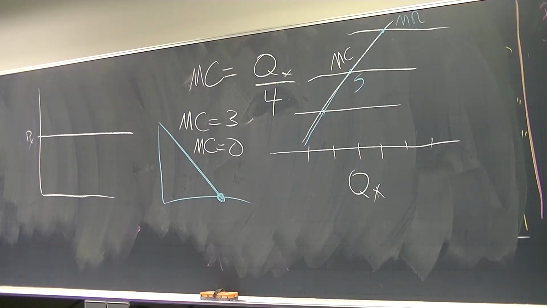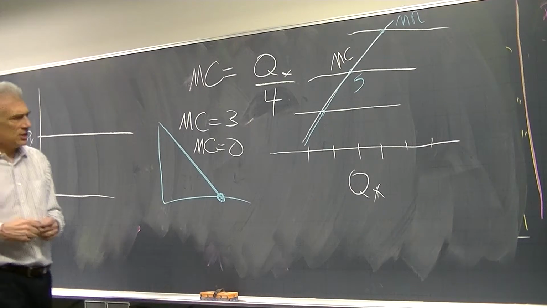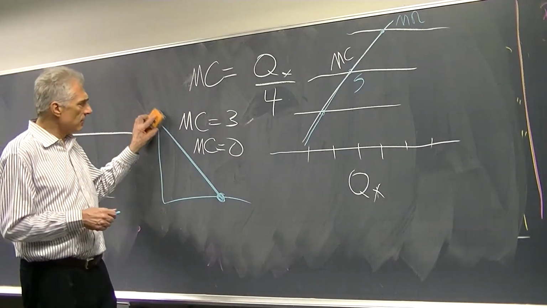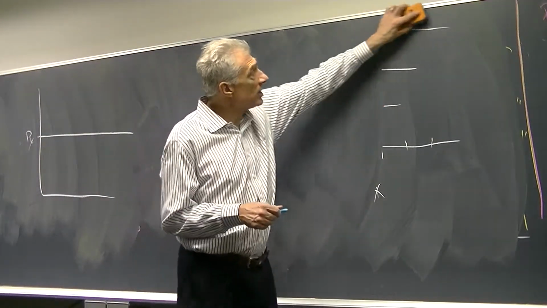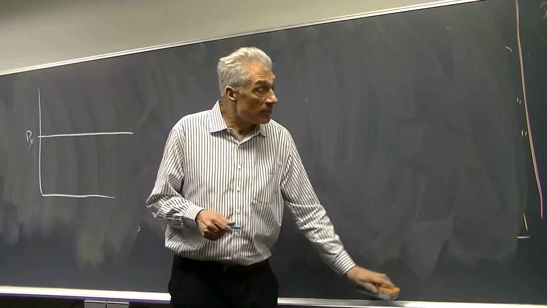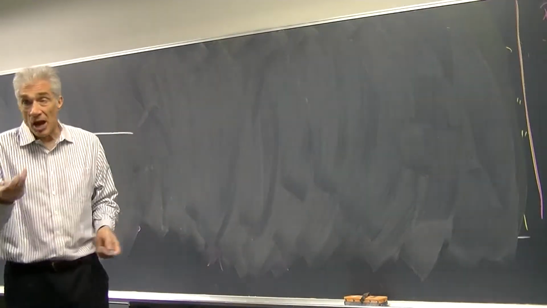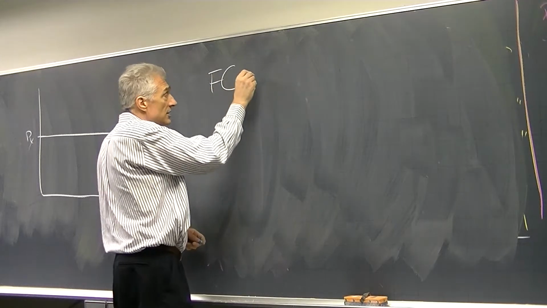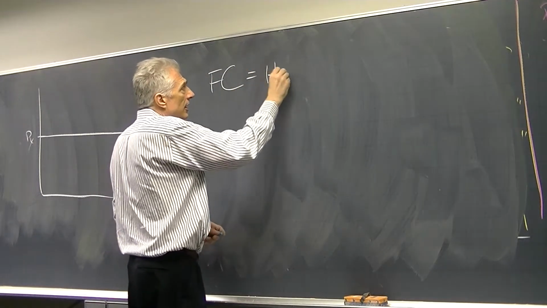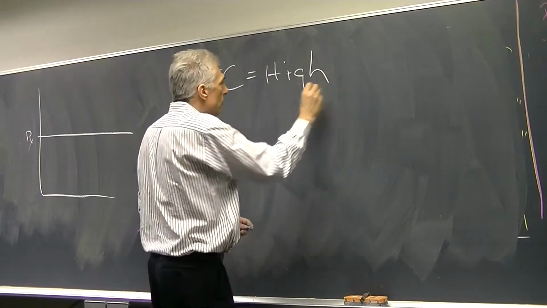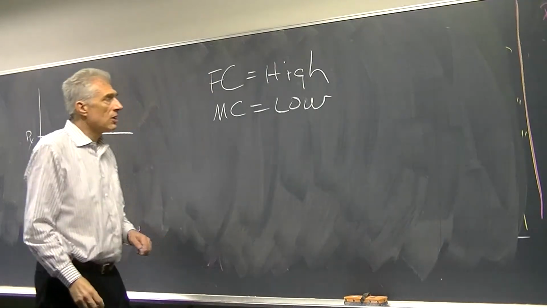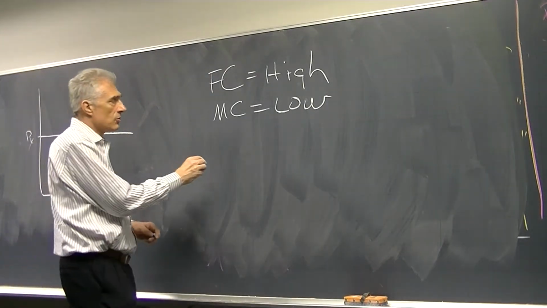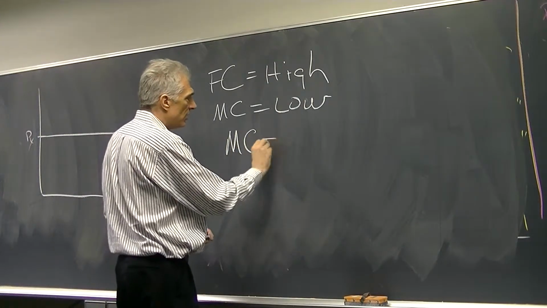again, what we're doing here, if there's a natural monopoly, oh, I'm sorry, let me take that back. The thing about a natural monopoly, and here's what I would want you to do, is, it's still a monopoly, but with a natural monopoly, now you have the fixed cost. You have some high fixed cost, and a marginal cost that's low. So a low value. So we could have a fixed cost, and we could make marginal cost equal 0.